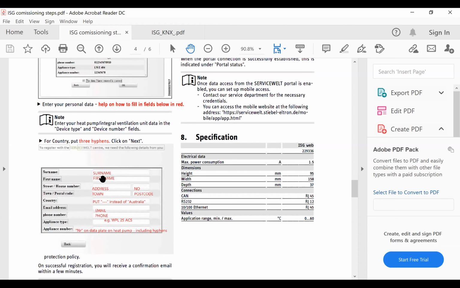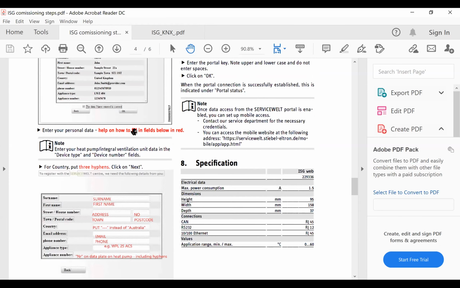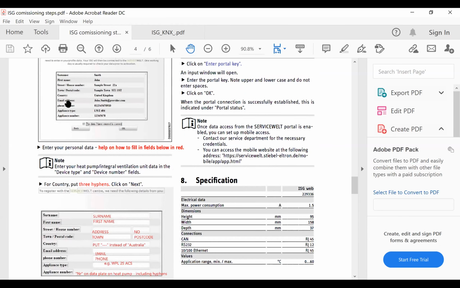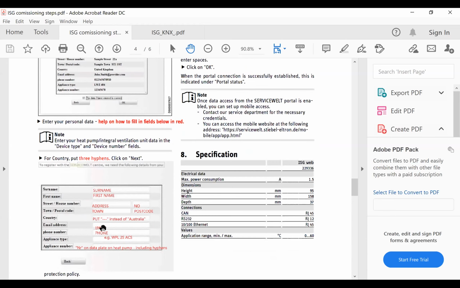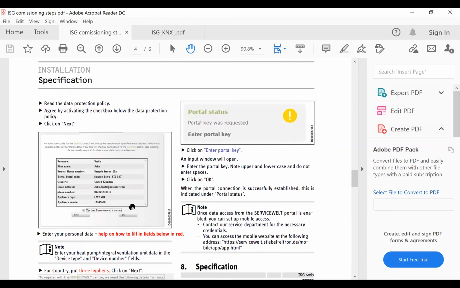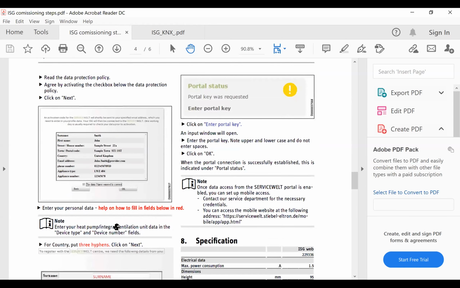Unfortunately, you'll note that the Germans have not given us our own country of Australia on the ISG yet. So for country, we just put a dash instead of Australia. Once that is all done and you hit accept,